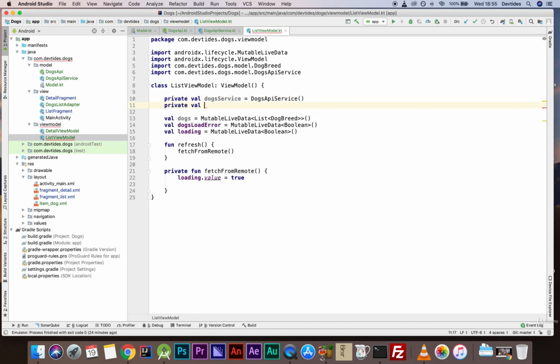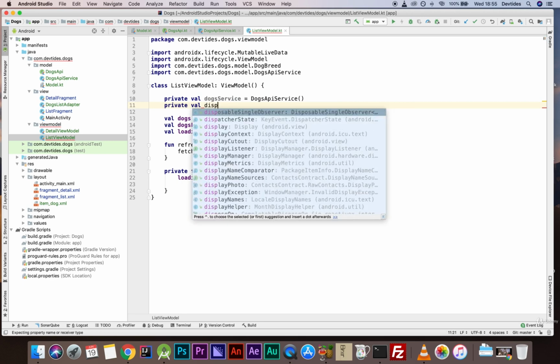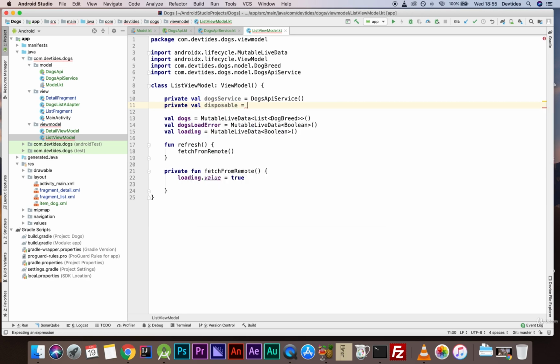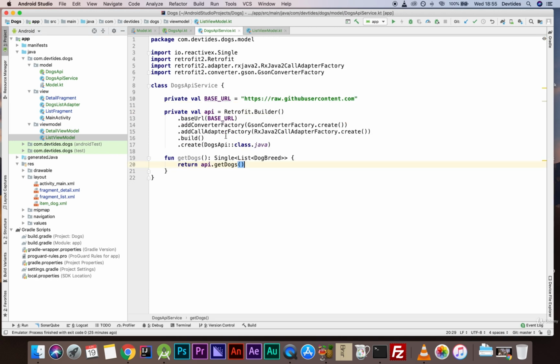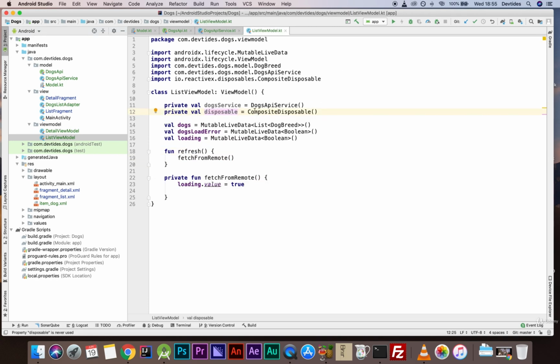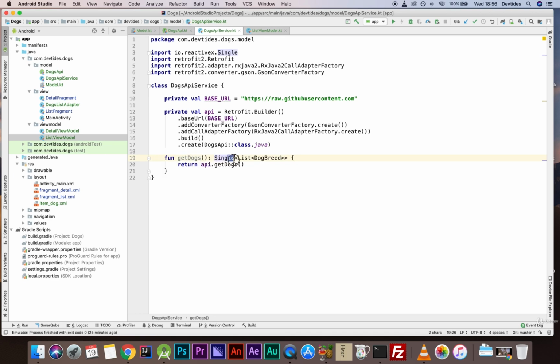Next up, we have a private val disposable, and that equals CompositeDisposable, and the disposable will allow us to observe the observable that the API gives us, this single, and not have to worry too much about actually getting rid of it. So that will allow us to avoid any memory leaks that might come with waiting for an observable